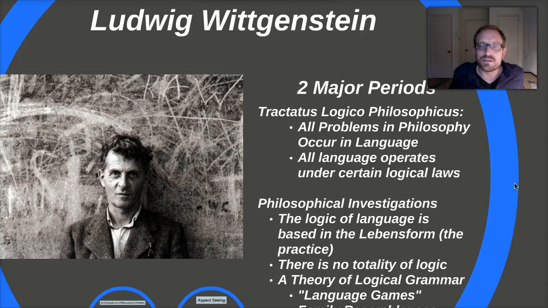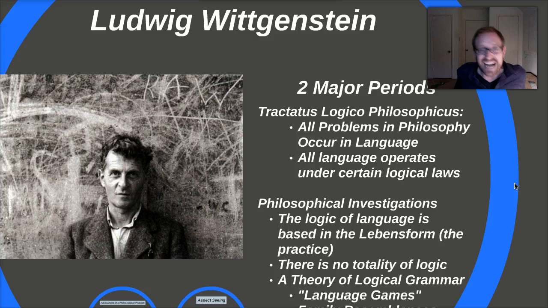Wittgenstein has two major periods within his course, and he even conversed and met with Frege, discussing these same issues. The first set of work comes out of his Tractatus Logico-Philosophicus, his first major work in philosophy, one of the few works ever published in his lifetime. The Tractatus's goal is to articulate what all of the laws of logic are, and he uses a picture theory of meaning and a discussion of logical atomism. I won't go through that. You can do that research on your own.